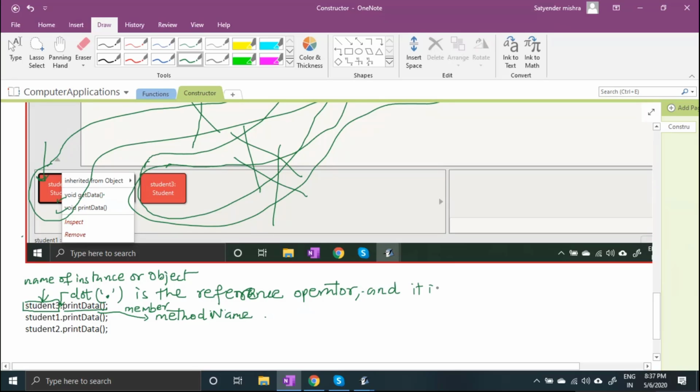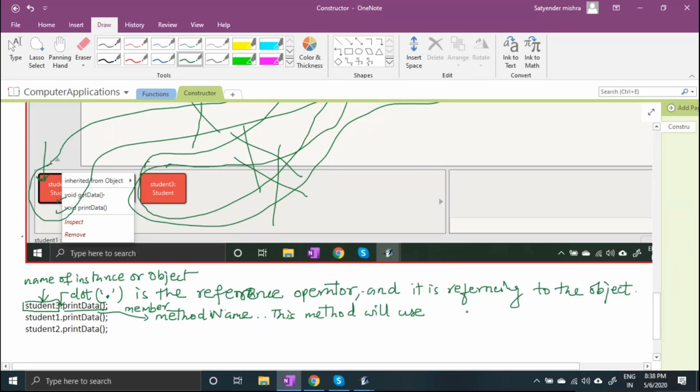I am calling this function by which reference? That object's instance variable is going to be used by this method.